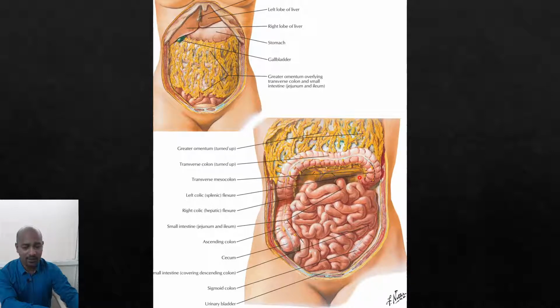Here it is elevated to show the intestinal loops, but it hangs loose like this, falls on the intestinal loops, and then it makes another bend here and comes down. So it surrounds the small intestine, which has three parts: duodenum, jejunum, and ileum. The ileum is the one which continues, or opens, into the large intestine. Okay,